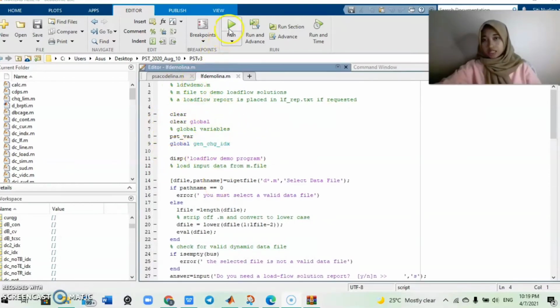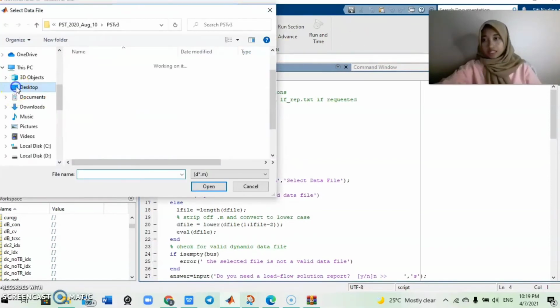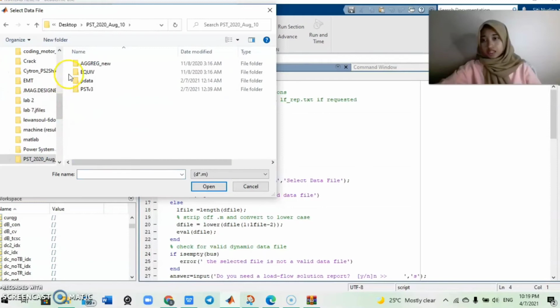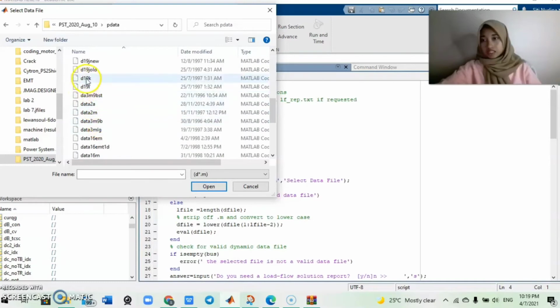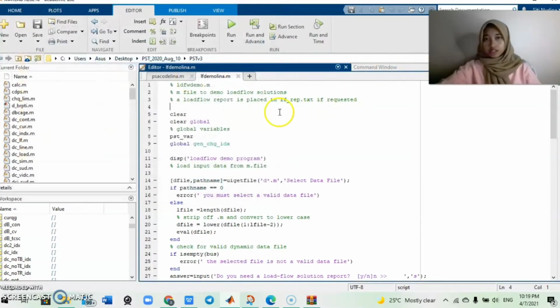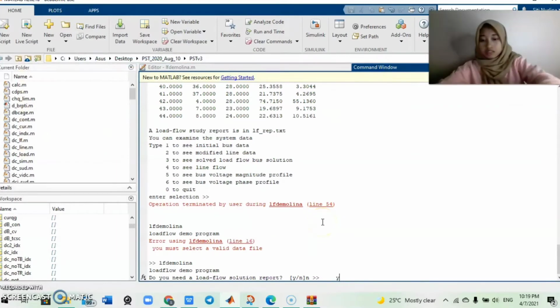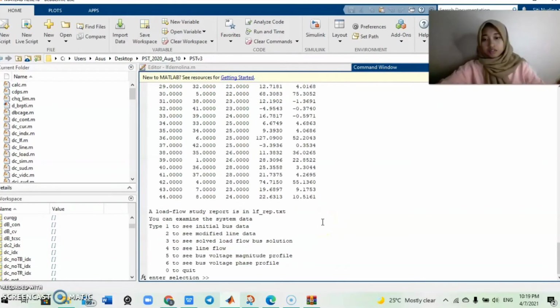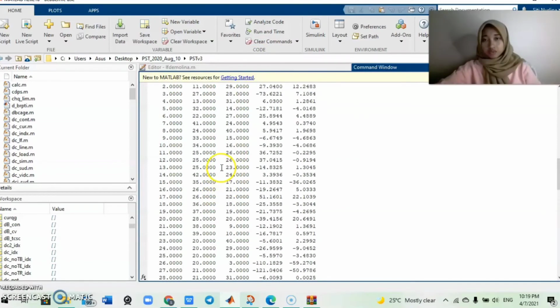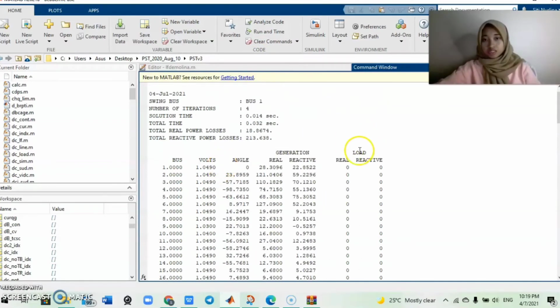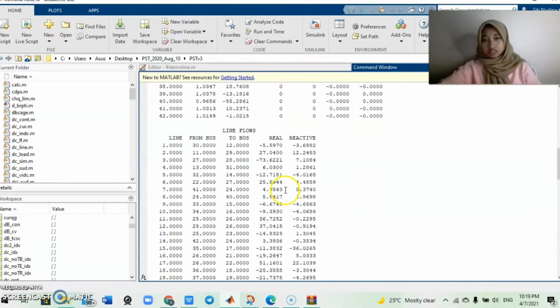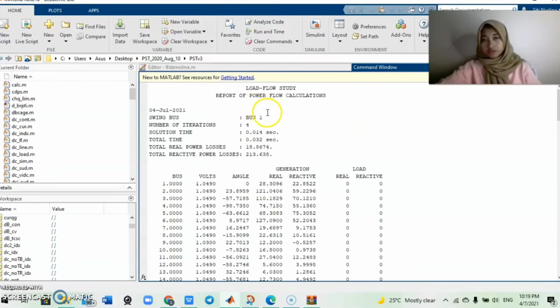This is the coding, and after we run, I use the same data as I use in Gauss-Seidel method, which are D19J new. So the result will show the real power losses and the total reactive power losses for the system and the line flow. For Newton-Raphson method, the number of iteration is 4, while the solution time is